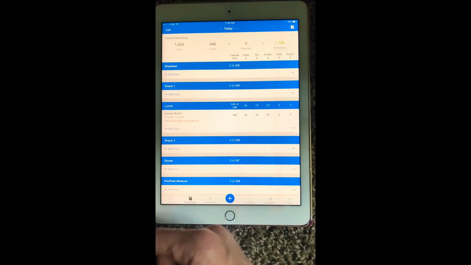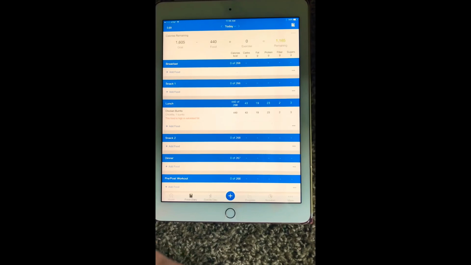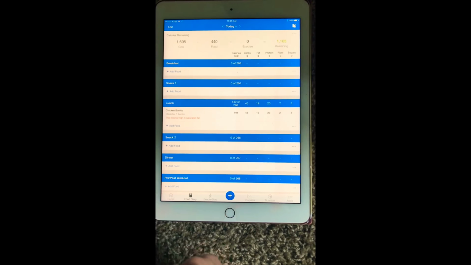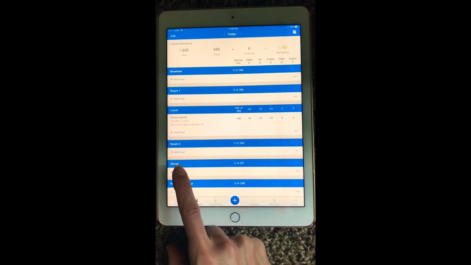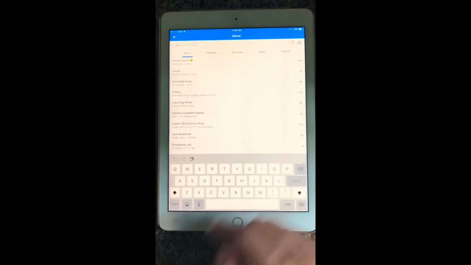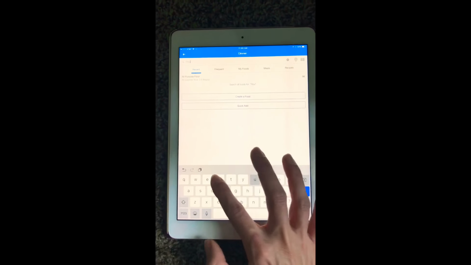One point here is saturated fat is not an ideal fat. It's not considered the healthy fat. So keeping foods low in saturated fat will always be the best option. So in a separate entry here, I'm going to go in and do items per ingredient to give you an idea. So I'm going to put in flour tortilla